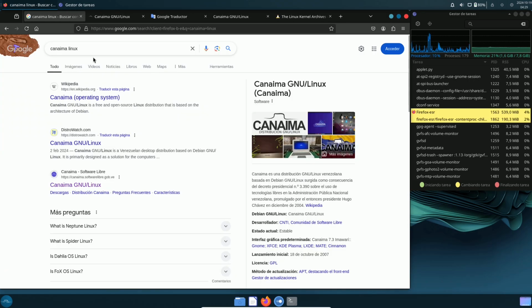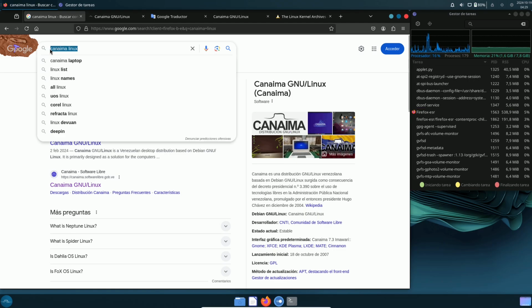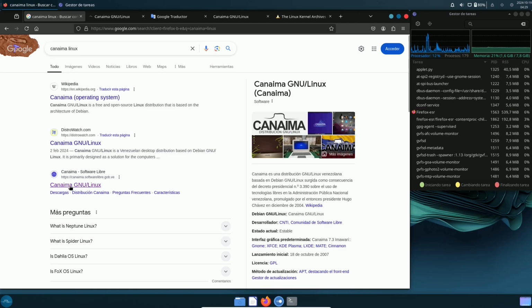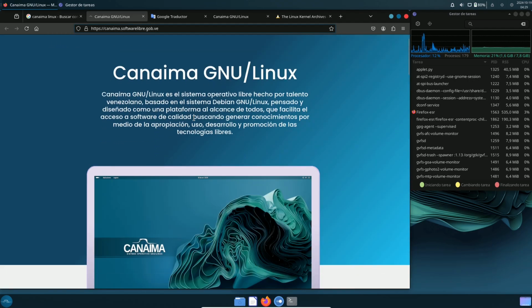In order to go to the official website, you just need to type in Canaima Linux, and the link is right there. So this is the official website. There will be Wikipedia and DistroWatch, but you need to go to this link in order to download Canaima Linux. And when you go to the official website, the language will be a bit different here because